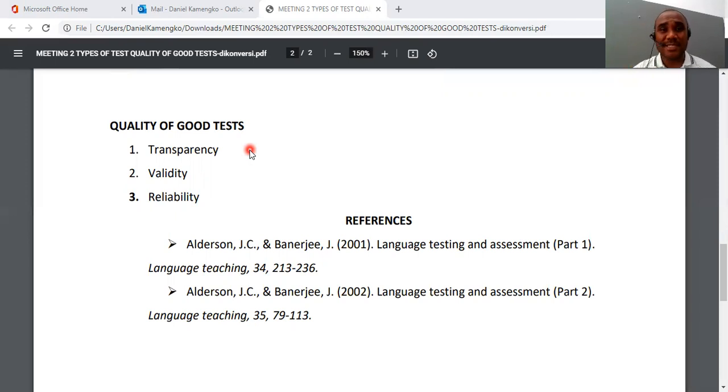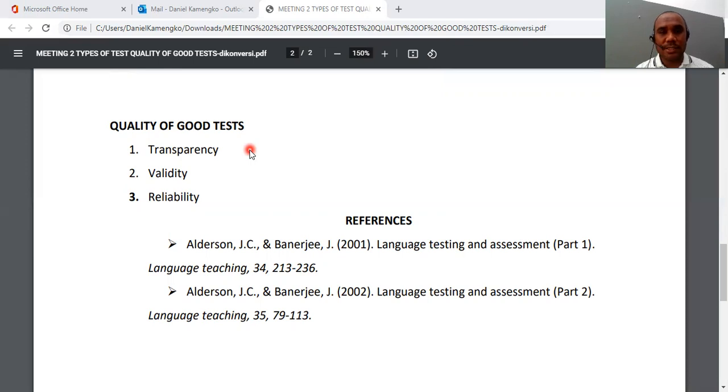Okay? Validity, or valid. The validity of the test has to be similar to transparency, right? Valid means you have to be clear in making the questions before giving them to the students.